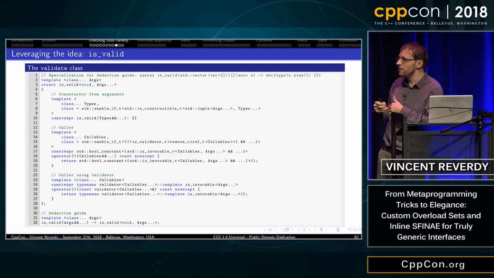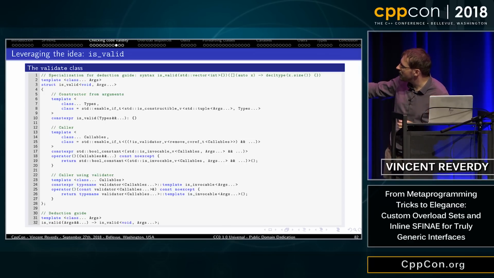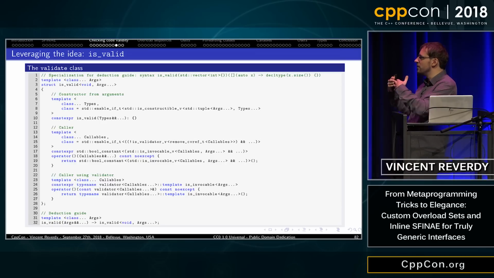And it returns the same thing, the same trick as check before. It will check whether all the callables can be called on the arguments. And this time I have a template deduction guide that says that if you build it from a list of arguments, then it will create the specialization with void and arguments.